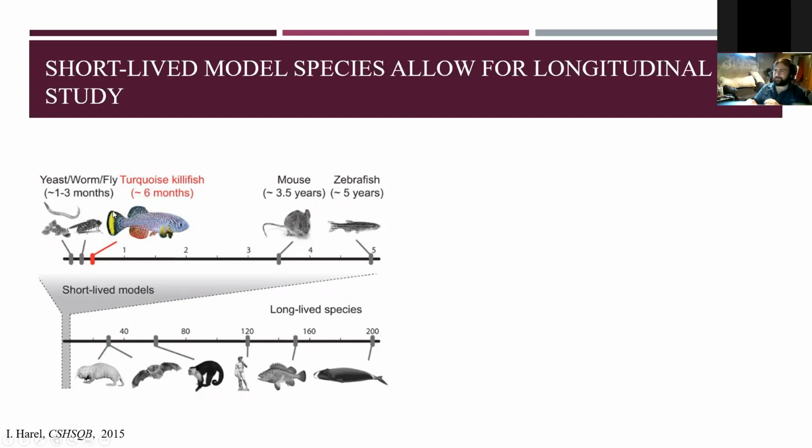Highlighted in red here is a really cool novel idea that people have had for the last 5 or 6 years, looking at killifish out of Africa, because they're pretty much the shortest lived vertebrate that can be cultured in a lab, where they only live about 6 months. And so, drawing us back to the hallmarks of aging, we find that